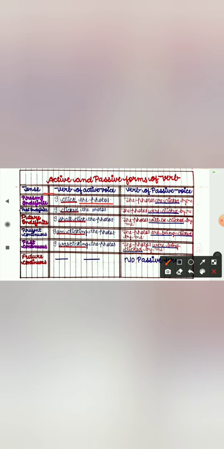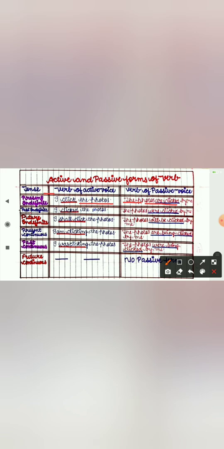When we have to change this sentence into passive voice, the helping verb will be is, am, are according to the new subject, because in passive voice we will have a new subject. So here my subject is plural, that's why I have used are here. The photos are clicked by me, and the main verb will be third form of verb in all the sentences. If the subject is singular, the photo is clicked by me, and if it is plural, the photos are clicked by me. So the helping verb will be is, am, are of passive voice in present indefinite tense.